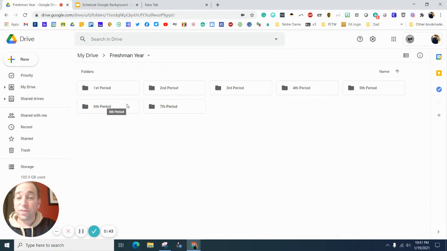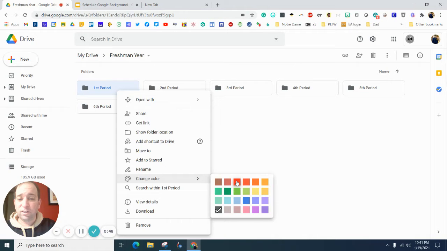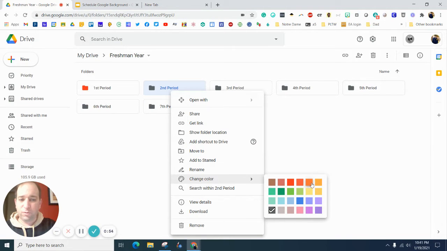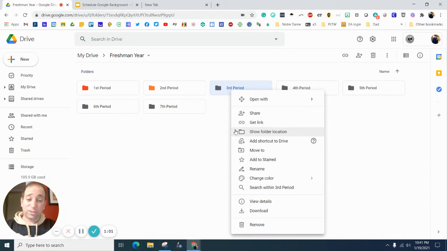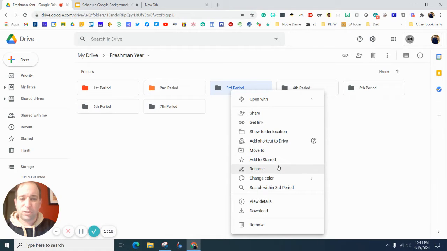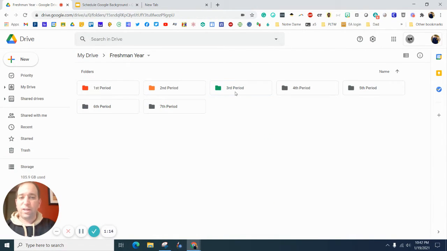You could then right click on that and you can change the color of those based off of the Roy G. Biv, or you could change it for maybe your teacher's favorite color, or you could change it to the color of like the notebook that you have that matches with the folder that you have here. So I'm going to just change this one. I'll change this to green. Okay, then